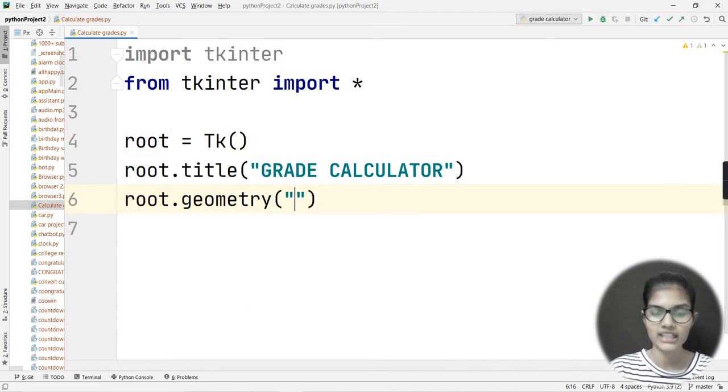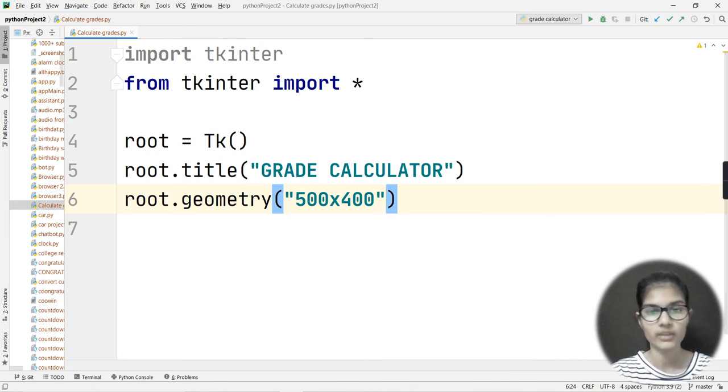In the bracket I am giving some dimension, let's say 500 cross 400, right? This is the dimension I have given here. So these are the two things I have mentioned: the first is what title I should give, and the second is what geometry I will give. So two things I mentioned.